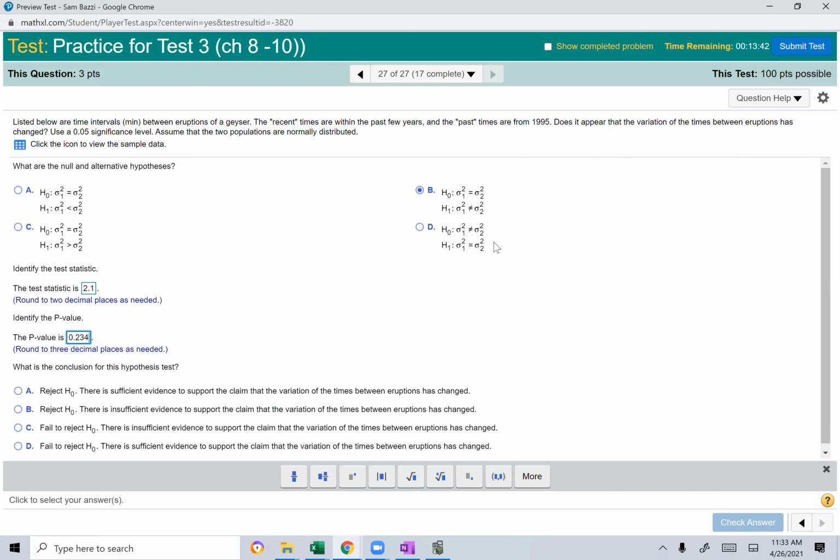And where is the claim? The claim is in H1 because it says changed. So there is not enough evidence to support the claim. Let's see if it is between C and D. Yeah. The variation of the times between